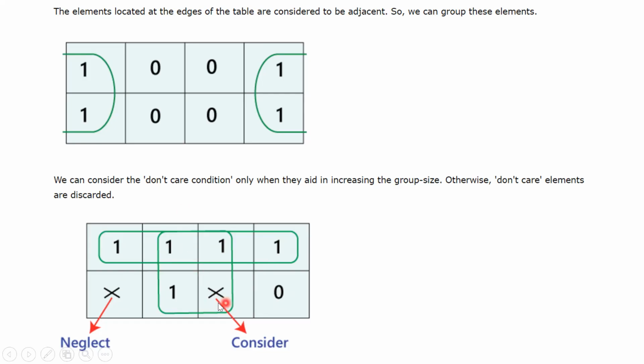So since here I am doing the entry of min term and I am entering 1, what I can consider, मैं mark तो करूंगी x ही, enter a 1 over here because it's a don't care condition. I don't know what its value is, but when I'm making a group, तभी मैं उसका value 1 ही गिनूंगी. So what I will do is, first 8 का तो कोई group है नहीं, I cannot make any 8 ones together. Then after 8 I have 4, so I can see this horizontal line is all 4. Then यहाँ पे ये 2 1 के साथ अगर ये don't care, if I consider, I can again make a group of 4 like this.